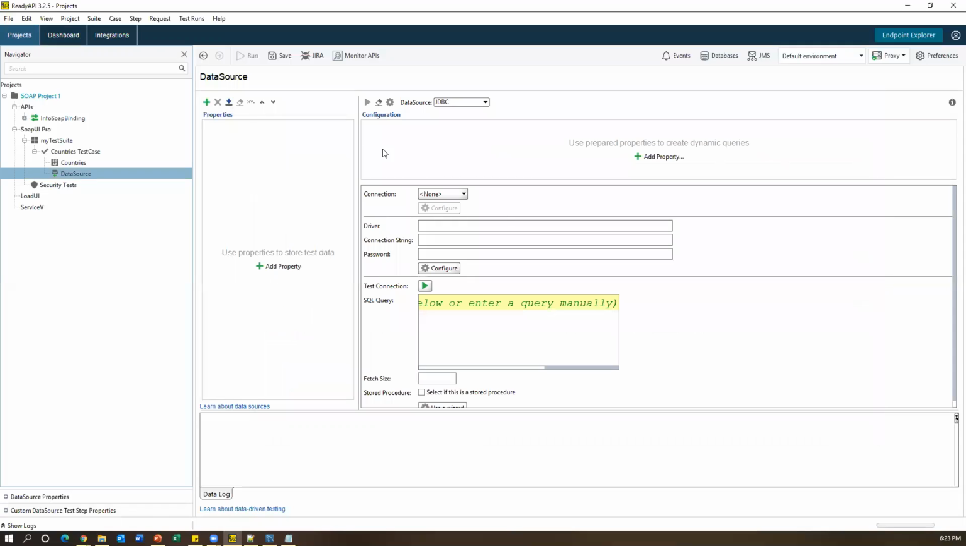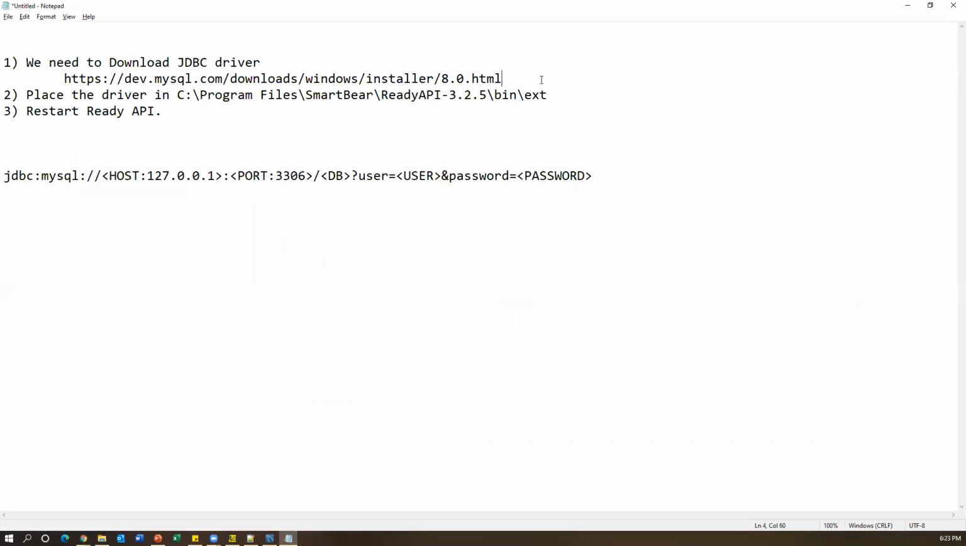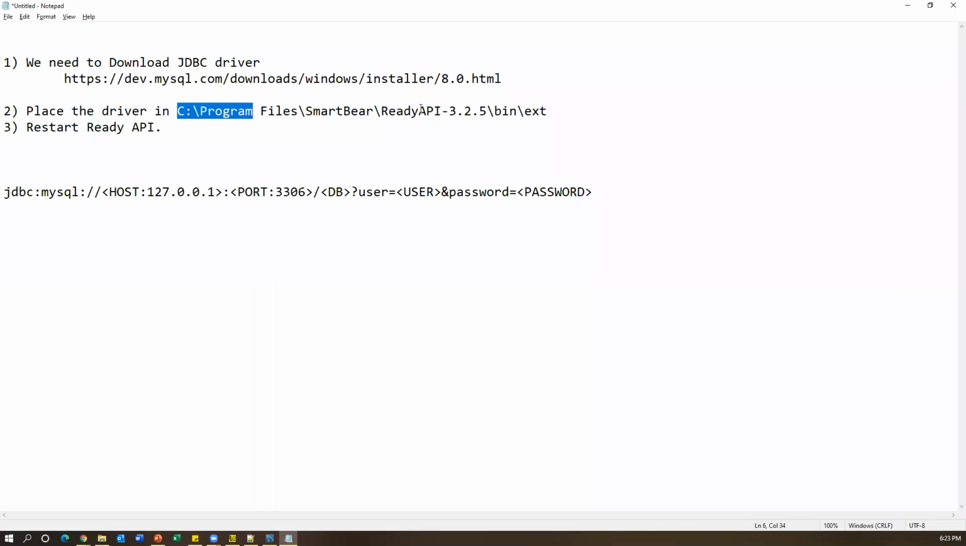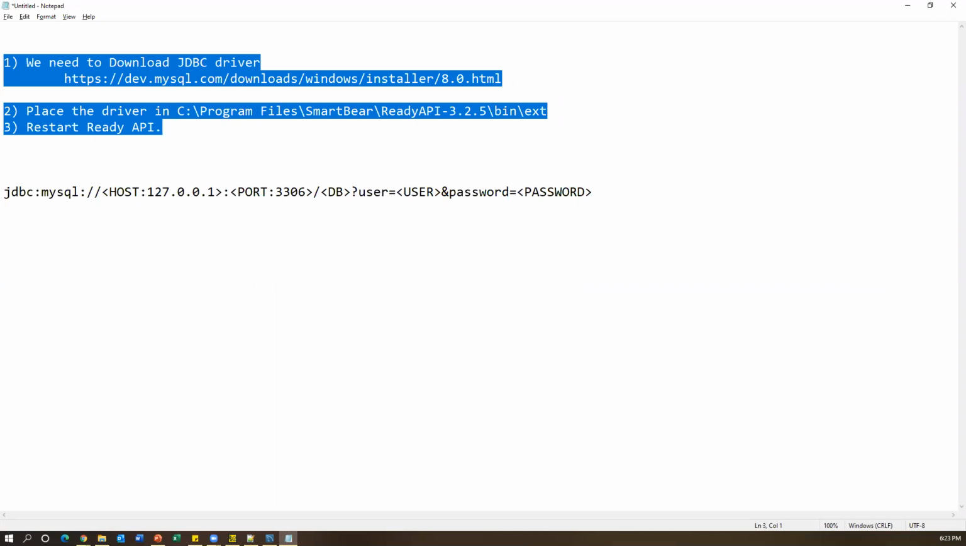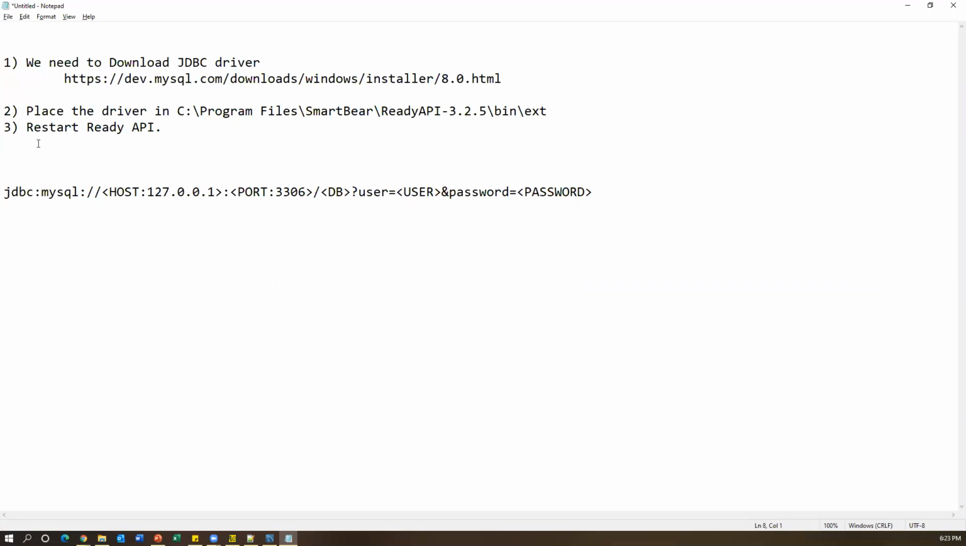Then close it. So now come back to the data source. As I said, 3 steps. First, we need to download the JDBC driver, then place the driver in this particular location where your ReadyAPI is installed. Then restart your ReadyAPI. And then the 4th step, just make sure under file,